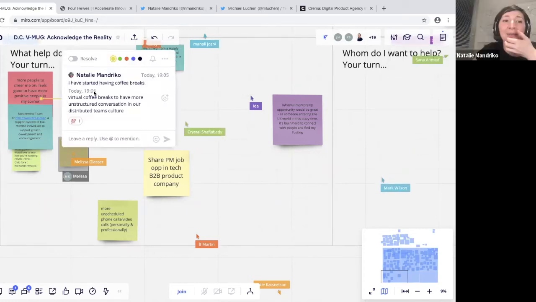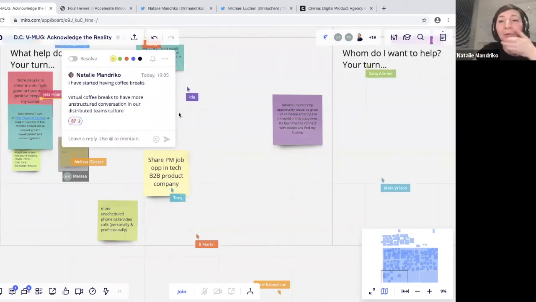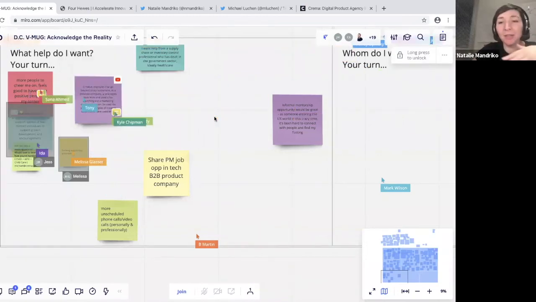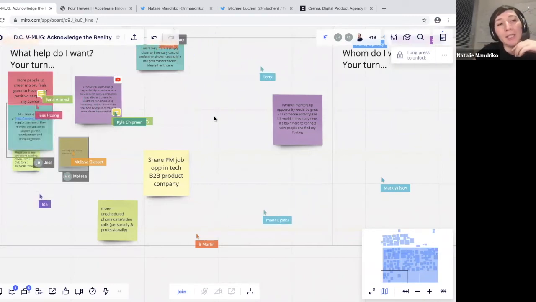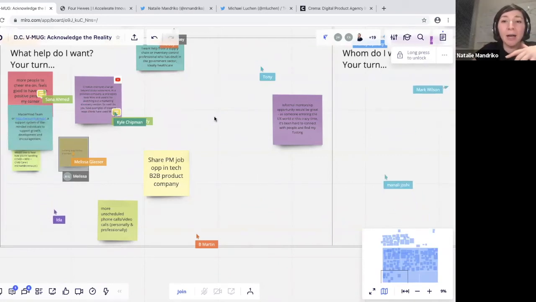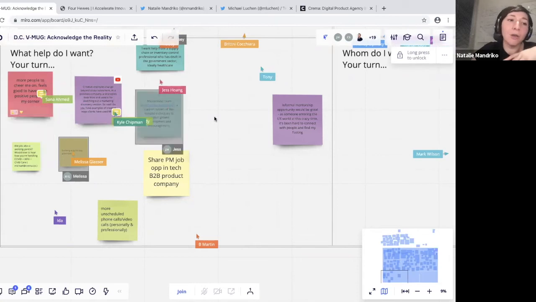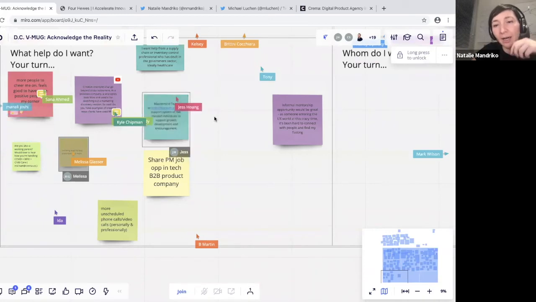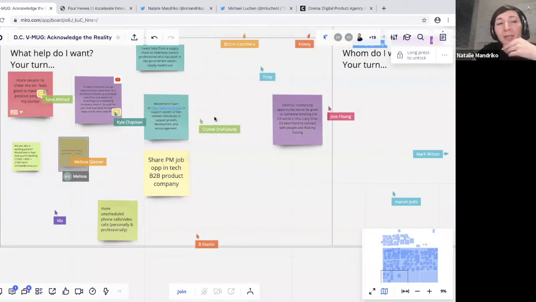I just replied because I know for sure, maybe it's not only work, but in general, you have neighbors and friends, and now you don't have them around you. But I have seen in the past, when I joined the company with distributed teams, that when you do this kind of work remotely, it's super productive. You're in control of your time and you have your meetings with agenda, but you're missing this connection component. How do you build empathy? How do you make this more of an unstructured conversation?